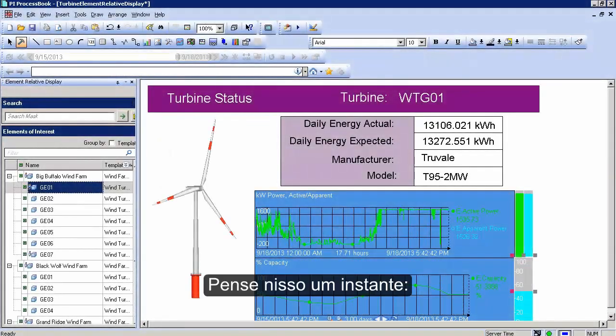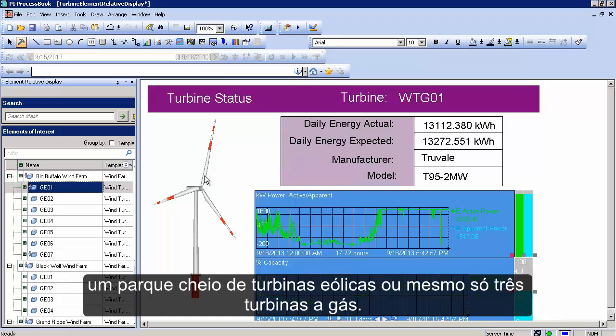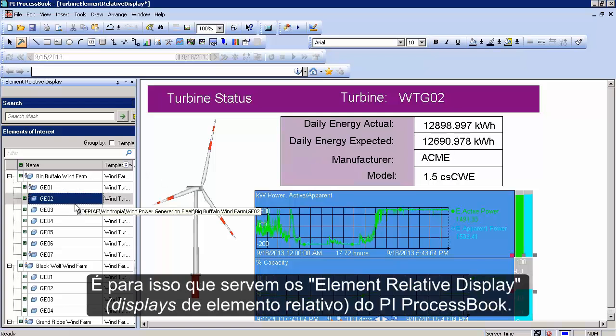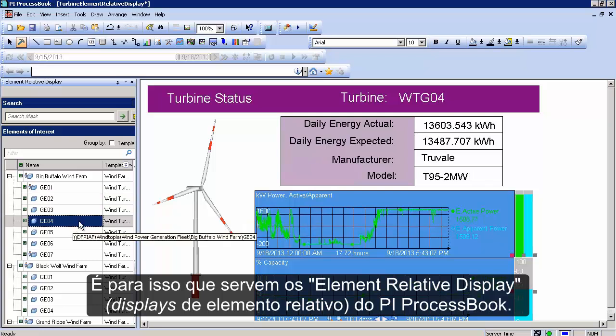Okay, so I want you to think for a moment. Do you have any piece of equipment that you own many copies of? Maybe you own 100 different pumps of the same model, or maybe you have a whole fleet of wind turbines, or maybe you just have a number of 3 different gas turbines. Whenever you have items like that, you might have use for something called an element relative display in ProcessBook, and